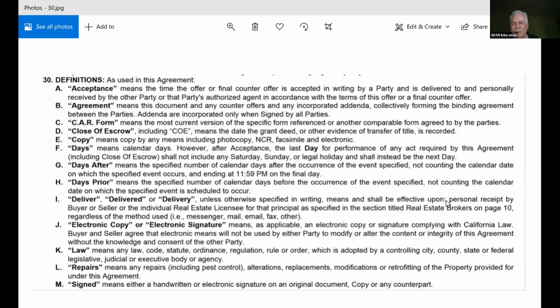And so, Linda runs a whole transaction management platform, but for other brokers too. But we're sending it. And so we ask the question up front of our agent, are you okay with us sending it per the contract? And if they respond yes, then we do. Okay. So Nadine, good question.